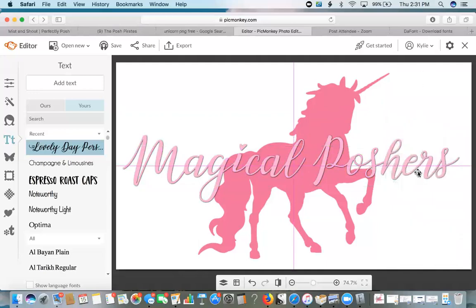If you are making this for the purposes of putting on a t-shirt, you're going to want to use as few colors as possible. So at that point, you're going to want to make your text black, and you definitely want the unicorn that's all one color,